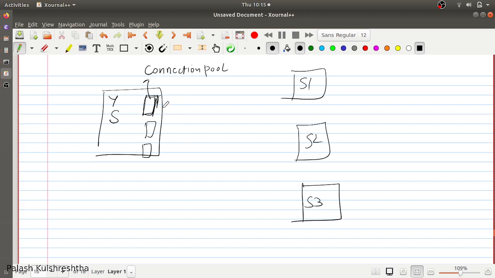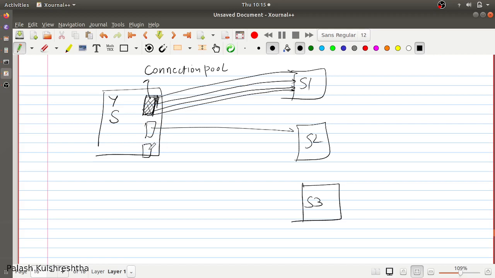And each upstream service is called using connections from its dedicated compartment of the connection pool. So even if this service is not responding in a timely manner and connections from this compartment of the connection pool are exhausted, the connection pools for service S2 and service S3 remain intact, and they can continue to work independently.